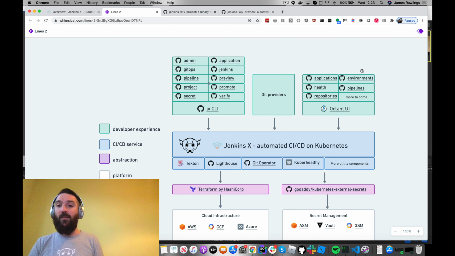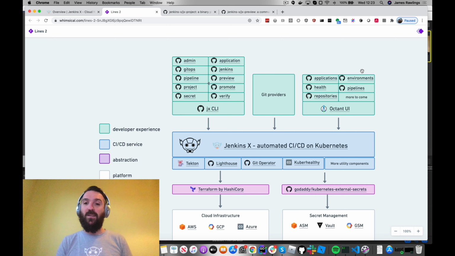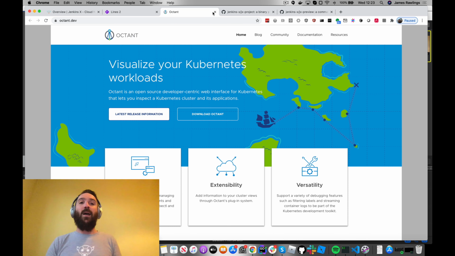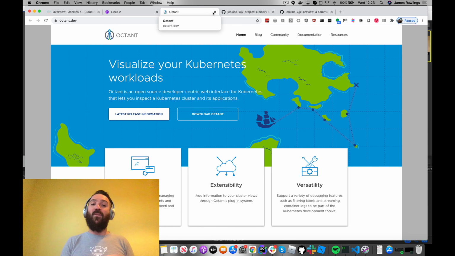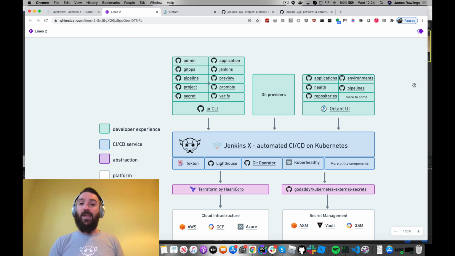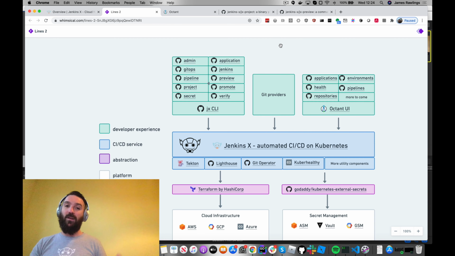We've also got the more UI-based interaction as well. So we have an Octant UI. Octant, if we go here, is an open source project coming from VMware folks. It's highly extensible, really great. It uses your kubeconfig RBAC when connecting to a cluster. So we've extended this and added in some plugins for Jenkins X as well. So that's also something to look at. Again, these are all modular, so it's a lot easier to maintain and build out these and